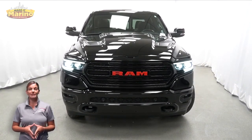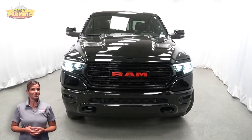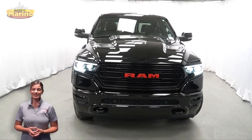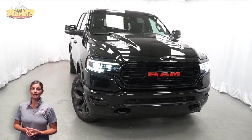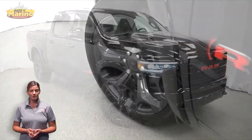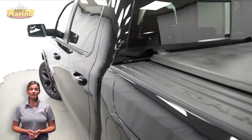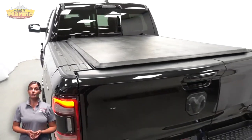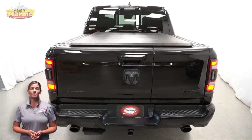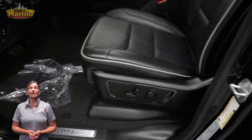Power, performance, capability, and capacity allow you to take on new challenges and adventures. Take a look at this certified pre-owned 2023 Ram 1500 Limited in diamond black crystal pearl. With black headlamp bezels, LED fog lamps, 22-inch aluminum wheels, blind spot and crosspath detection, tow package, heated and ventilated